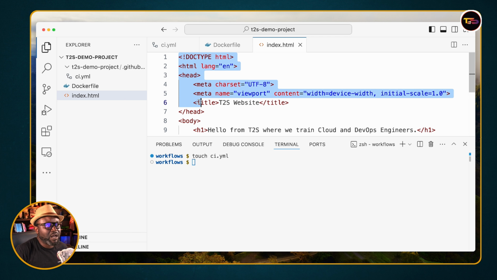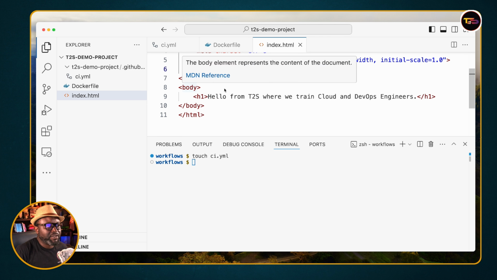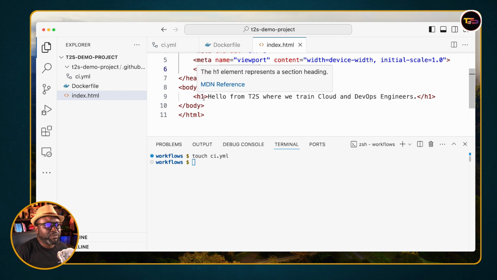This is how we write an HTML code for a website. The title will be T2S website, and then we don't have any header or heading, or we do have this one, number 1 H1, which is gonna say hello from here, but this will be part